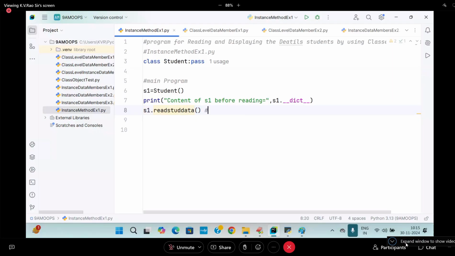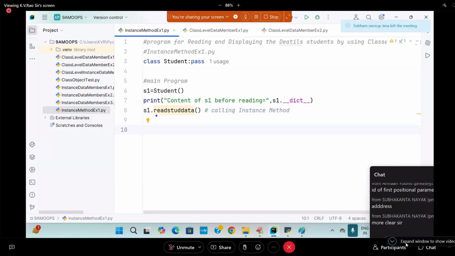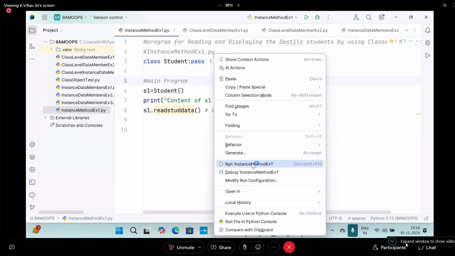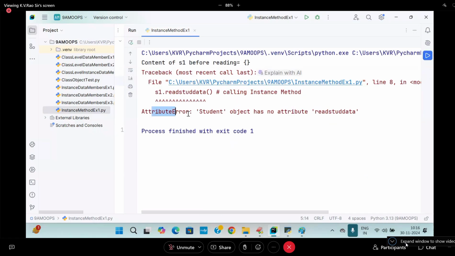Which method is being called? An instance method. Error. Why error? Take the flow. The read student data method is called with respect to S1. S1 is an object of Student. PVM goes to Student, looking for the method there. There was no method defined at all. Which error is it going to give you? Attribute error. See that. Student object has no attribute called